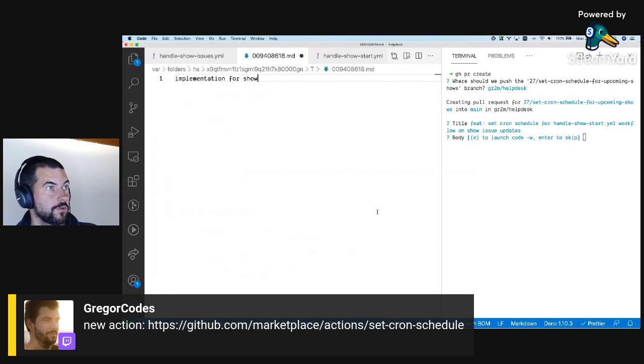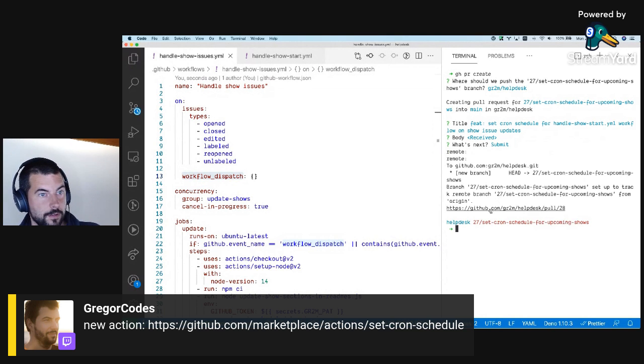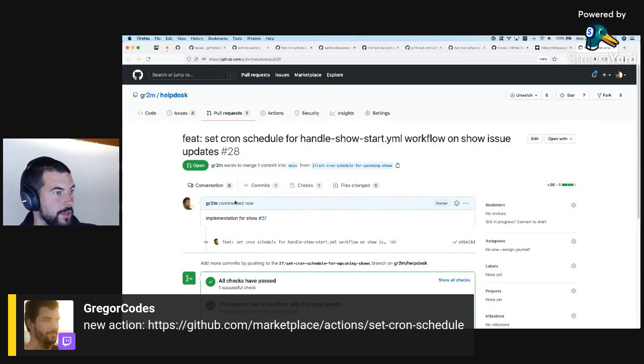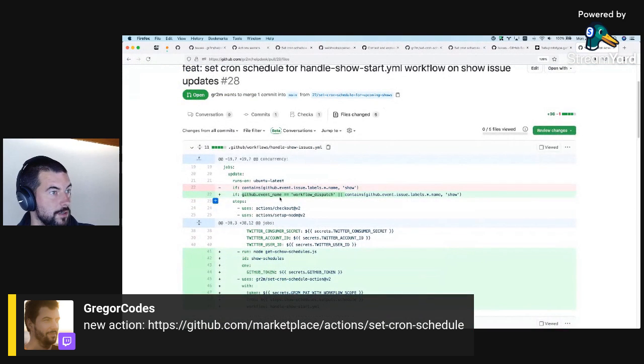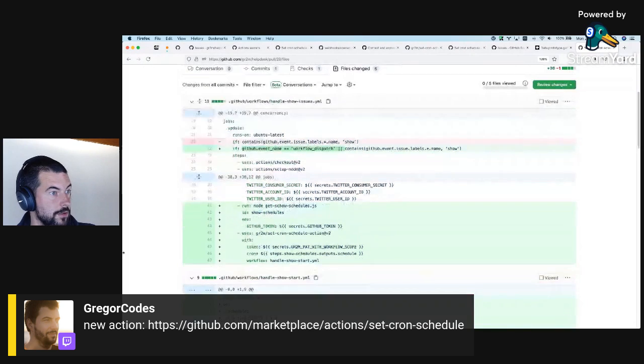Implementation for show number 27. So here's the pull request we just created. Let's check the code changes. It looks good.